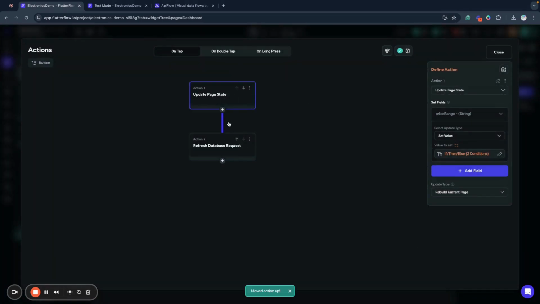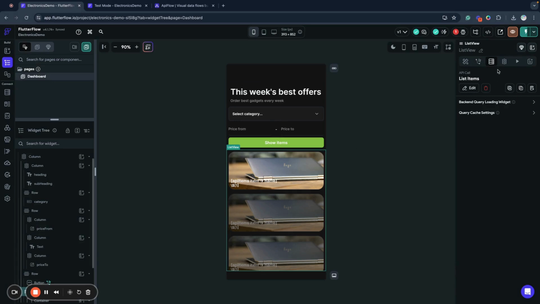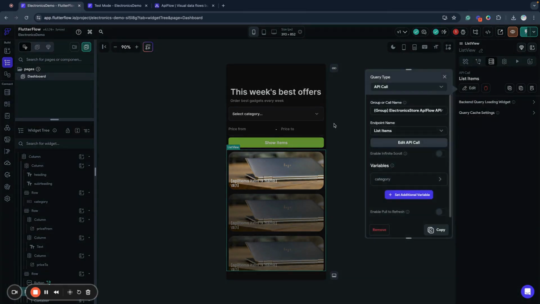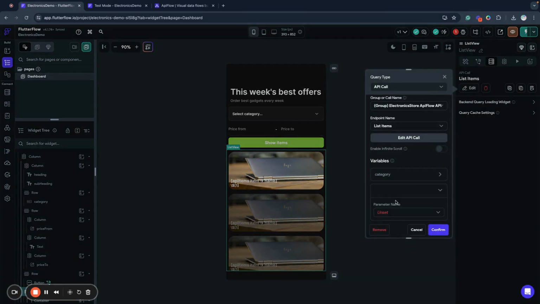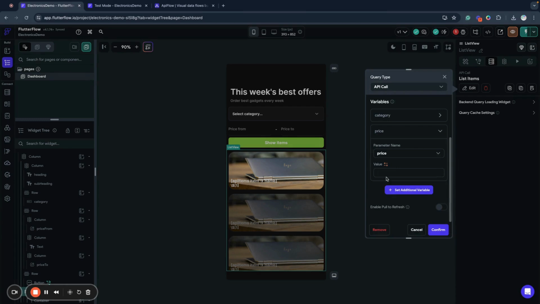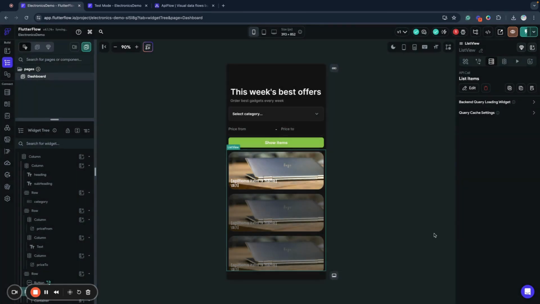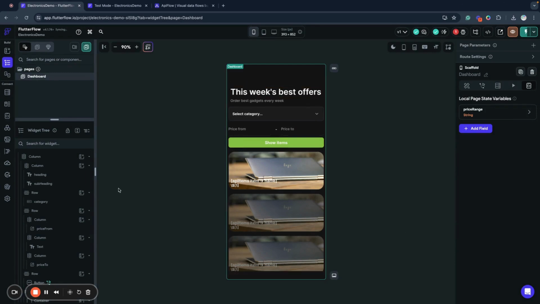Now we will change the position of these two blocks, because first we need to specify our filter and then call the refresh database request. So now for our list item, we'll edit the query and add an additional variable price, and we will set the value to our page state value price range. Confirm, and we will check how it